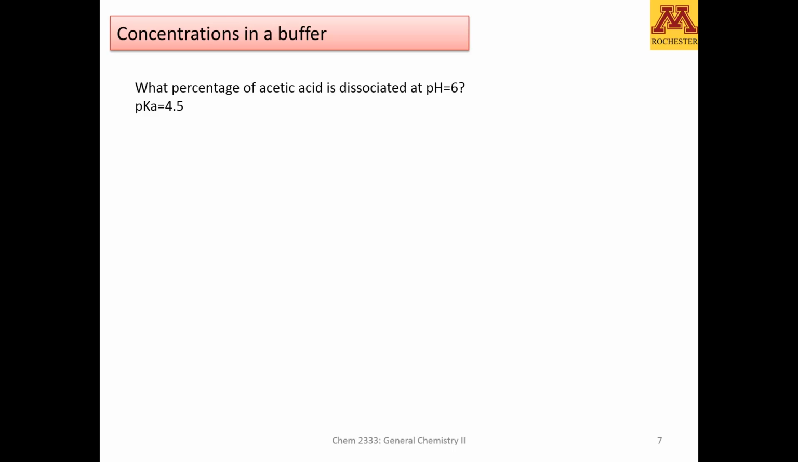A typical problem when it comes to solving buffer problems is when you're being asked to calculate the percentage of dissociation. Notice that in our previous video, we answered a very similar problem that tells us what relationship there is between the acid and its conjugate base. If we apply the Henderson-Hasselbalch equation for this case, this is the acetic acid, this is acetate over the acid,